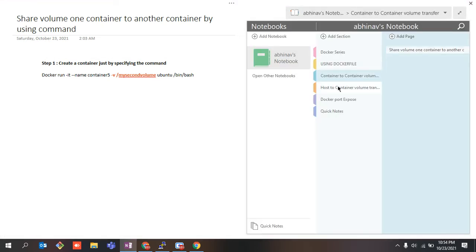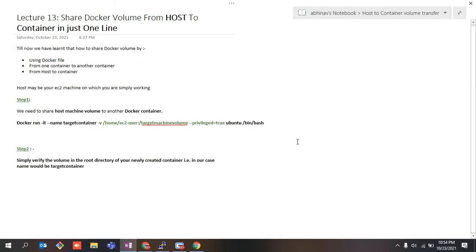Coming back to the third point, and it would be required because there would be some times in your job where you would be required to share volumes on your local machine, or your host machine on which you are working, right? So it just contains a very simple command, docker run -it --name.